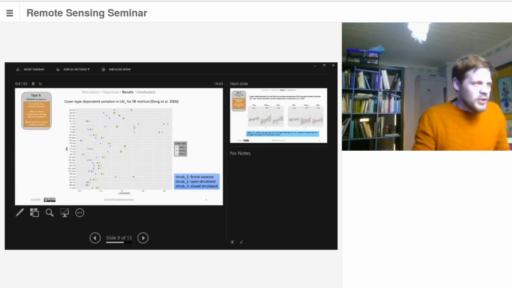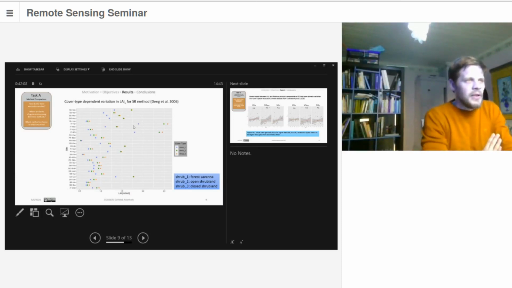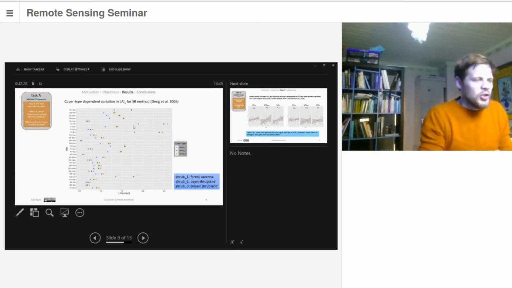On average, when you calculate the standard deviation over all sites among these 3 cover types, we found that it makes up 0.05 leaf area index units. Therefore we think it doesn't really matter if you take one or the other cover type; in all 3 cases it gives reasonable estimates. Nevertheless, you should be cautious if you use this method and really think about which cover type to use.